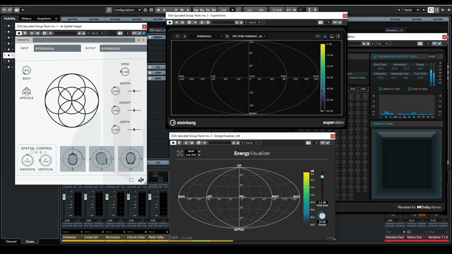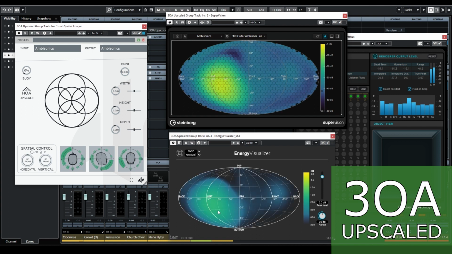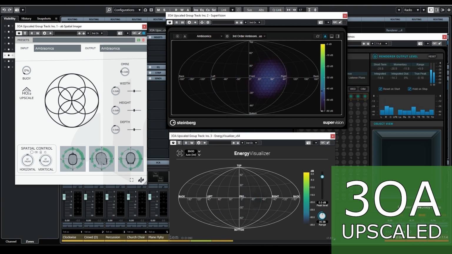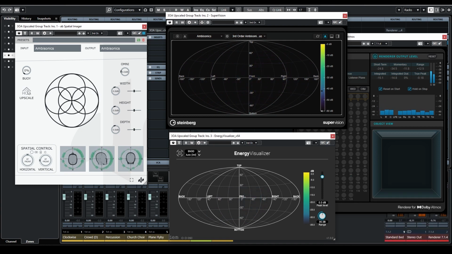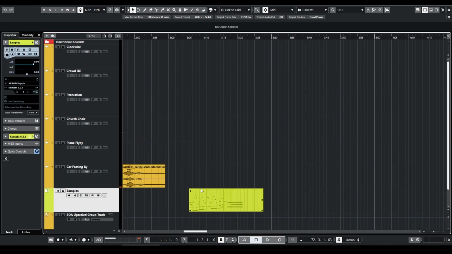I mean, in third order Ambisonics, you can even see the car passing by in the energy visualizer. It's amazing. The difference is huge. And finally, let's listen to the up mixer with a piano piece using one of our sample libraries,